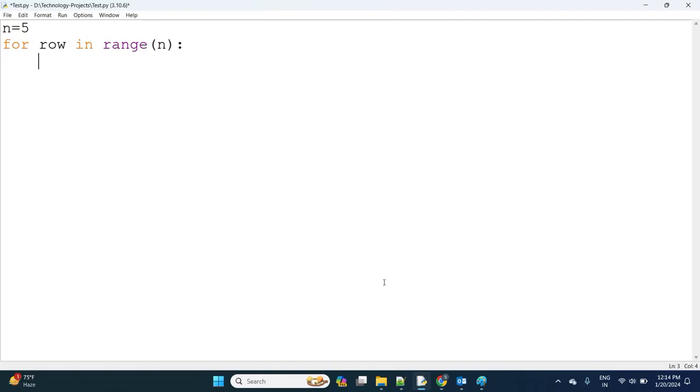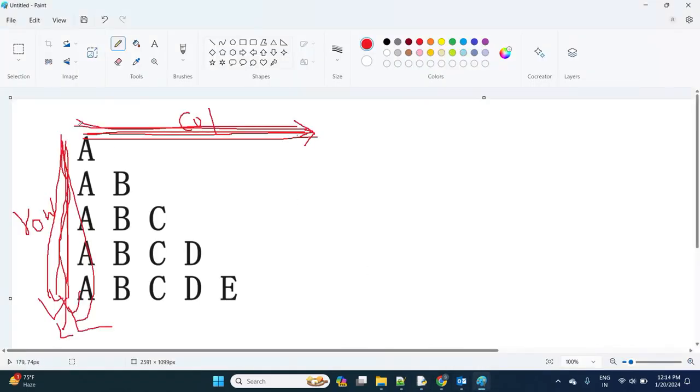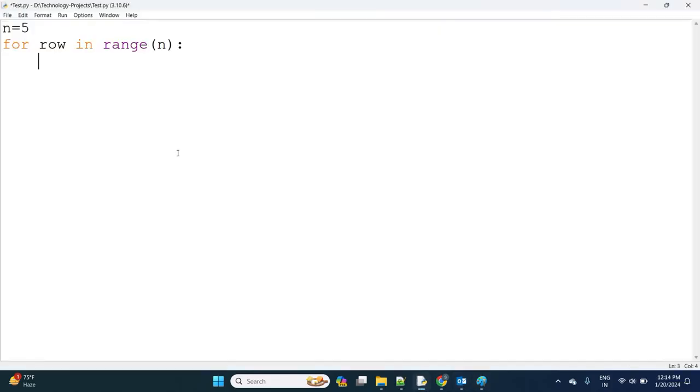Observe carefully. Point number 2, we need to increment a column level alphabets. For that, what I am doing means: for column in range of, observe carefully, for column in range of